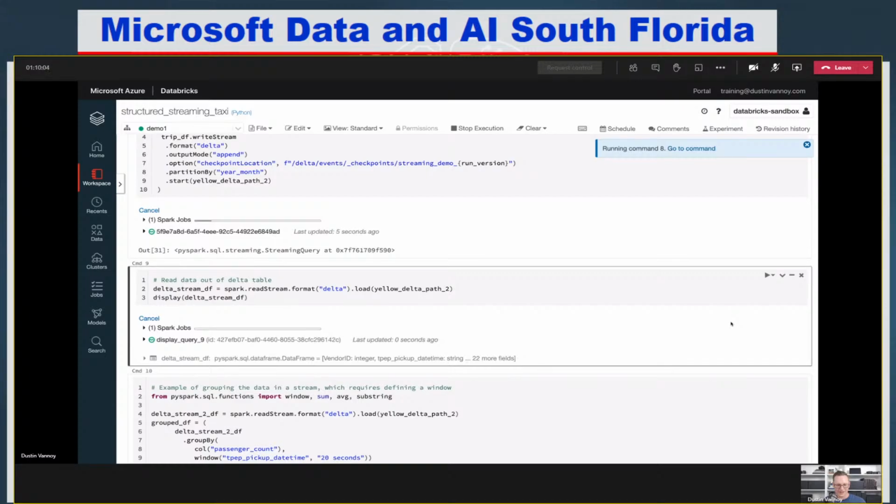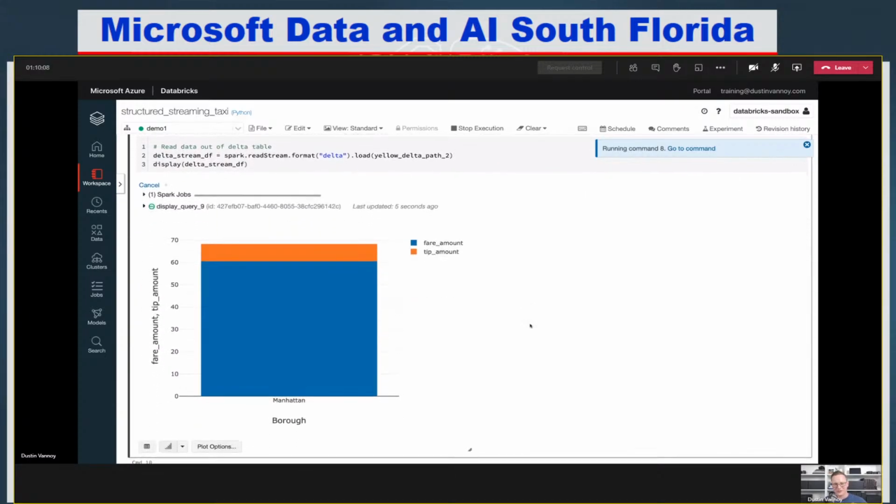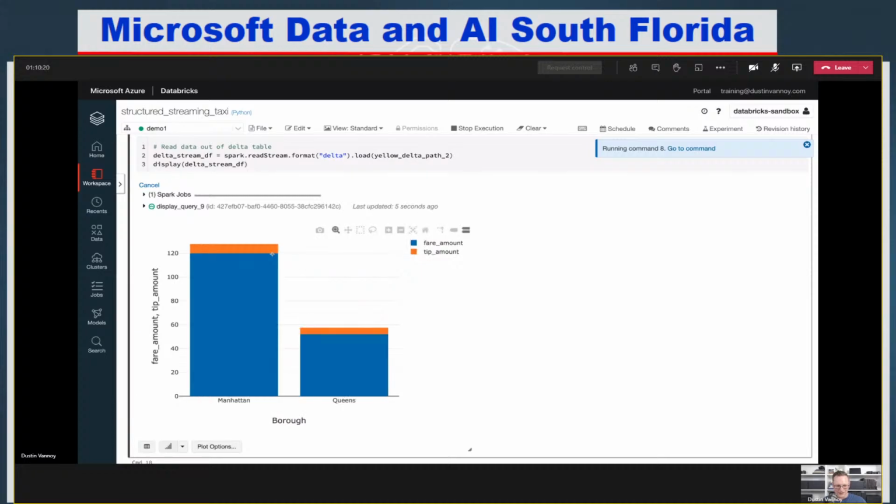Okay, so we're starting at the end here. What I'm doing is this data is being written to my data lake as Delta format, and I'm reading it back in and visualizing it for you. So I have one borough of Manhattan. We should see that change unless it's my zooming that's messing it up. There we go. We see data flowing in. Looks like every 5 seconds or so, it's updating my screen here. If you're watching, these numbers are climbing.